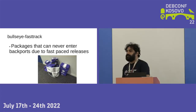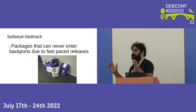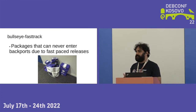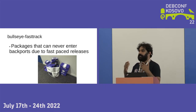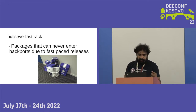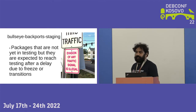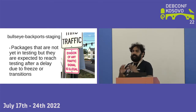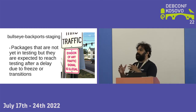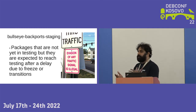So within the Fast Track itself, we have two different sections or suites. We call it Bullseye Fast Track, usually for packages that can never enter backports because they are released very fast. And then we also have a section called Bullseye Fast Backport Staging, where it qualifies for backports, but then